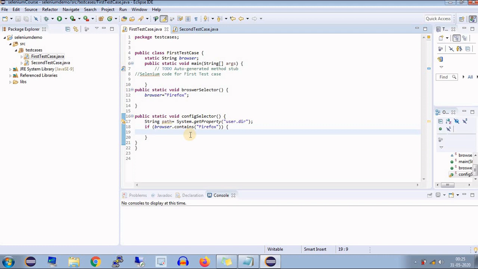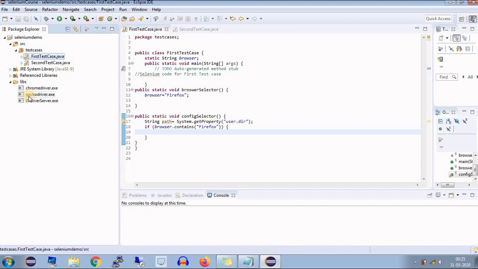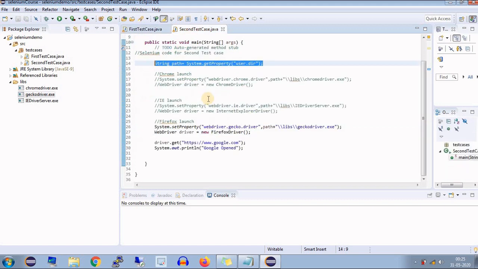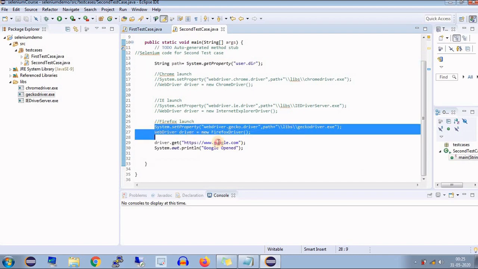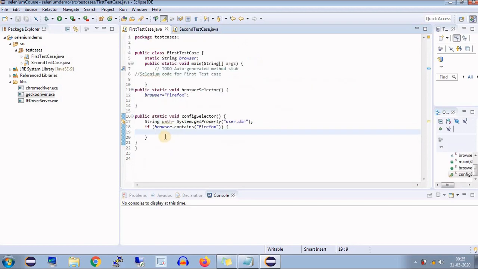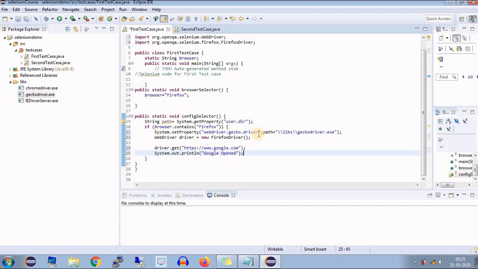So here is our Gecko driver, and the path for the Gecko driver is here. Let me copy these two lines, system.setProperty and WebDriver. So here I paste it. So the system.setProperty will provide the path for Gecko driver and the token, and then we'll create the object for Firefox driver, and here I will just update the print statement.